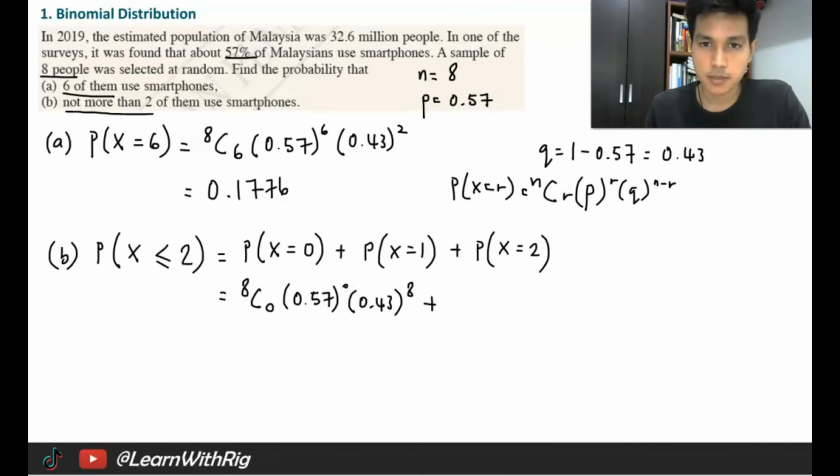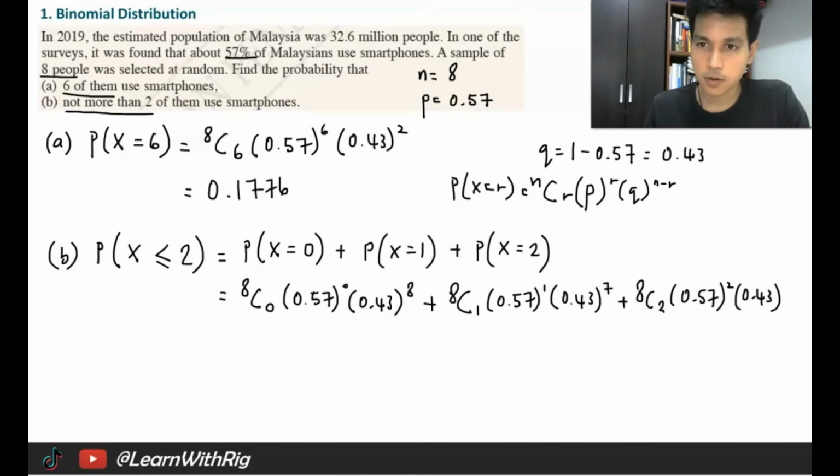Second part is when X equals 1. So 8 choose 1, 0.57 power 1, 0.43 power 7. Lastly, 8 choose 2, 0.57 power 2, 0.43 power 6. Okay, so you key this in straight away, you get